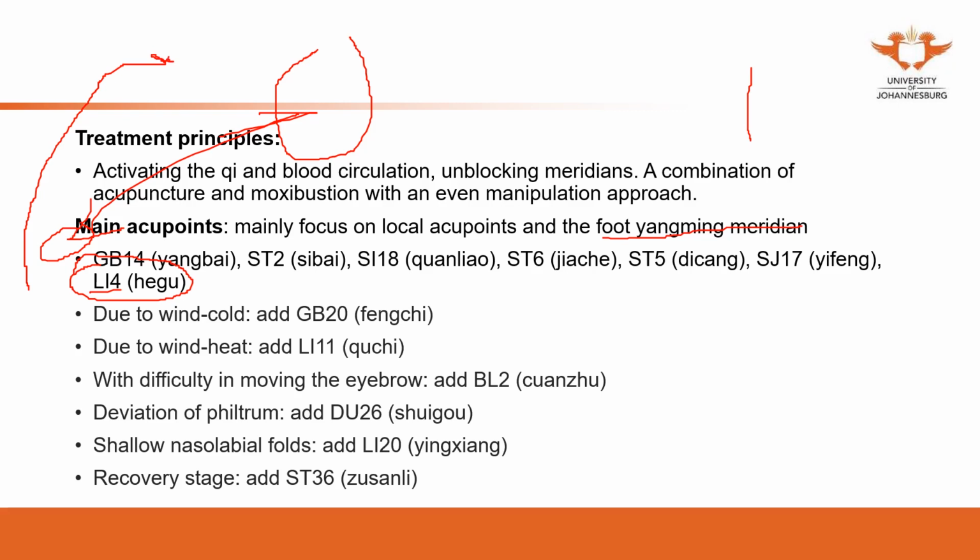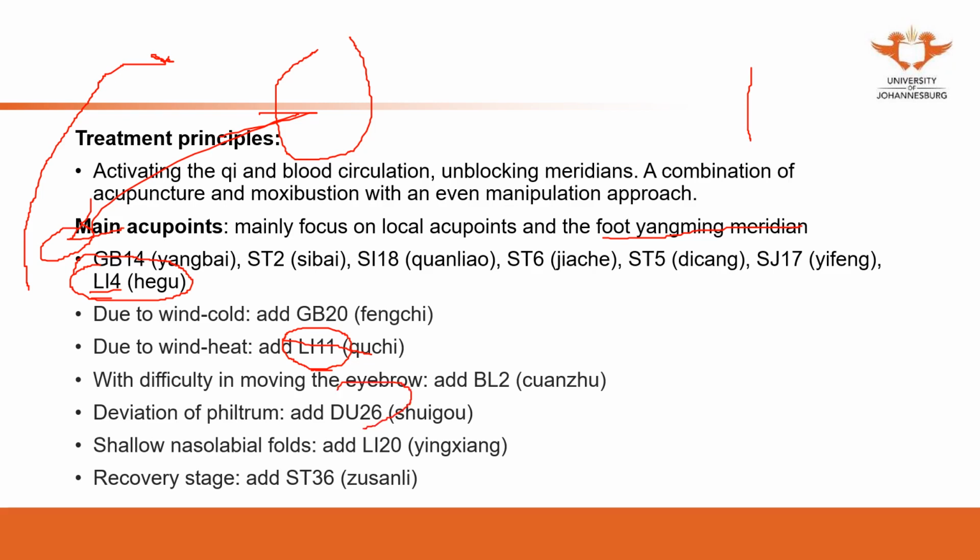So this one, the opposite sides. Due to wind cold, you can add GB20. Wind heat, you can add large intestine 11 to clear the heat. With difficulty in moving the eyebrow, you can add bladder 2, deviation,